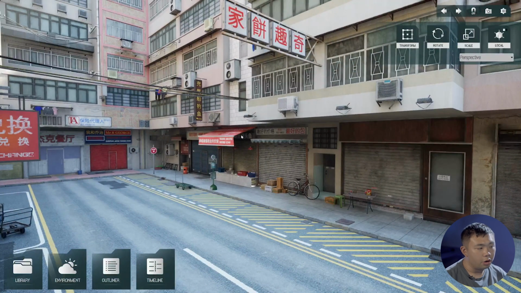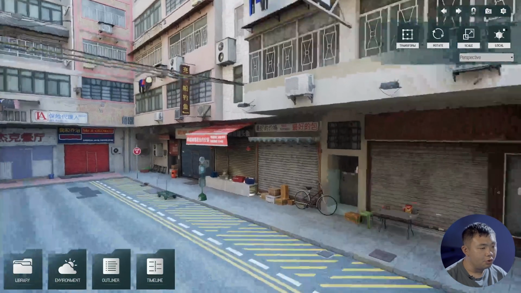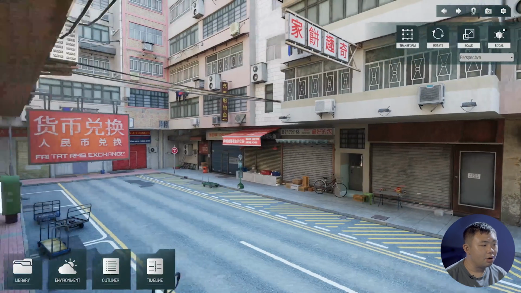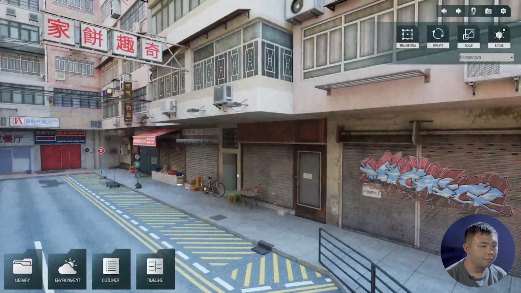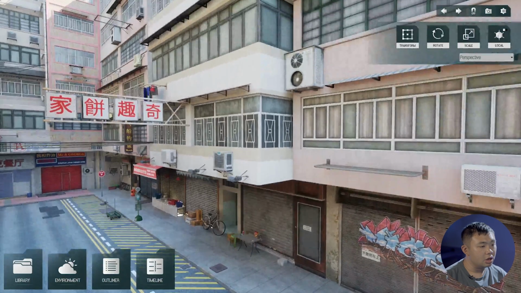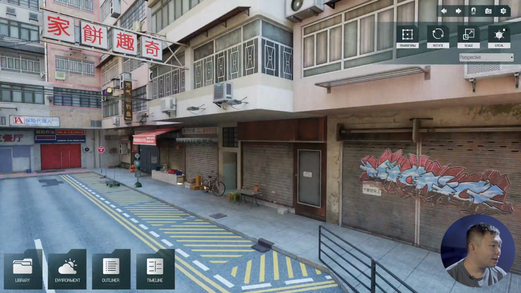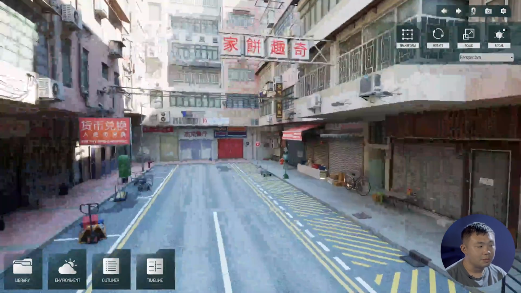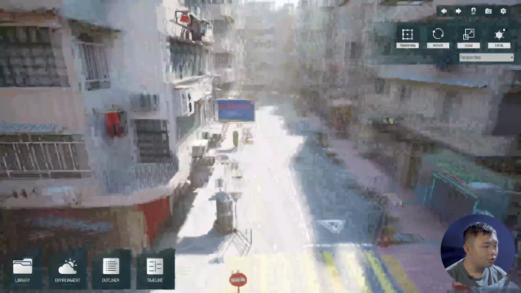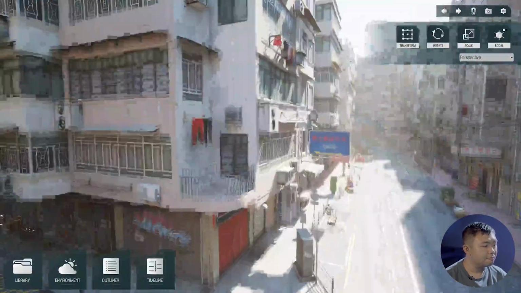To move forward or backward, right-click your mouse and then press W or S. To move sideways, right-click your mouse button and press A or D. To ascend or descend, just hold your right mouse button and press E or Q. Just spend some time to walk around and you will be familiar with how to walk in Cinesim.